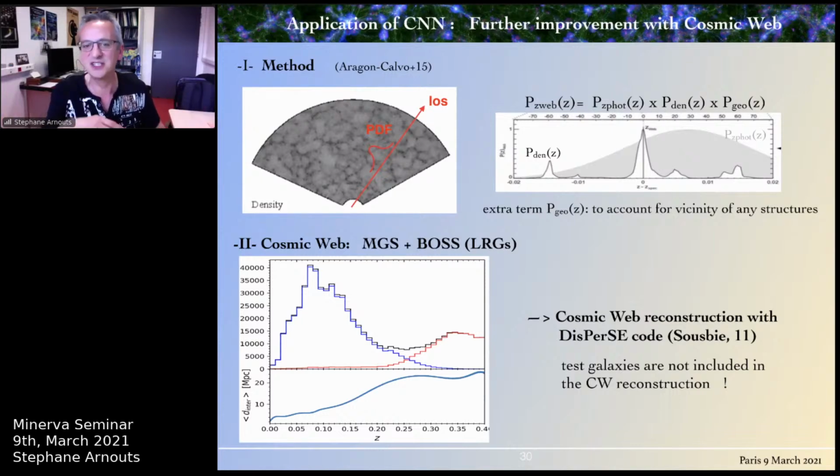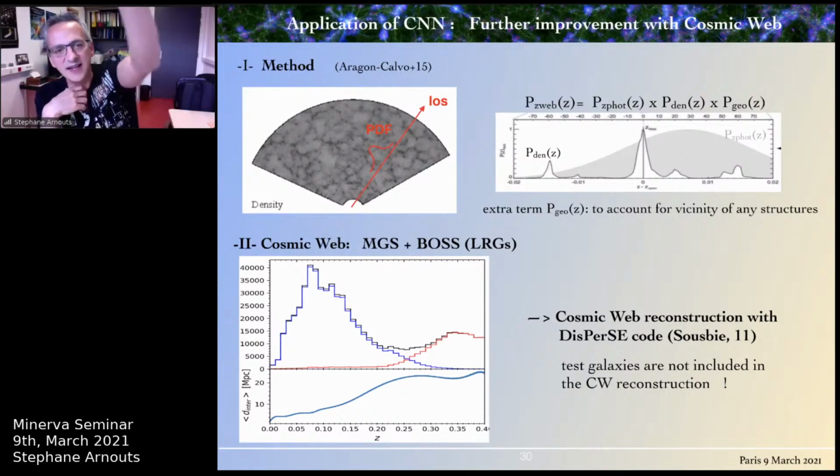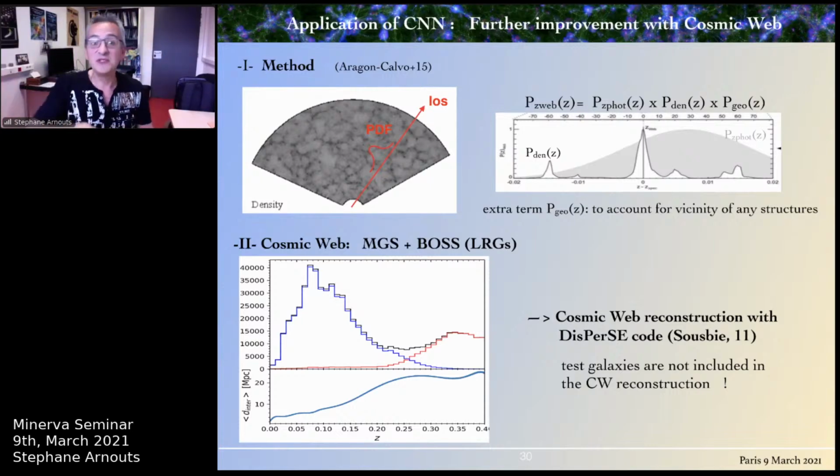So this is an illustration on the top and on the right from Aragon-Calvo, where you see the density field in the SDSS, so the density of galaxies measured with spectroscopy. And then you will use your objects, so this is a line of sight in red. You will use your objects with the PDF, which is a weird Gaussian that I show. And this Gaussian can be projected through the different peaks of density that it will cross along the line of sight. And so by combining the probability of this estimate, you can end up with a much narrower photo-z peak